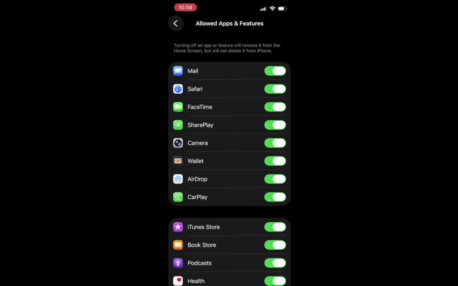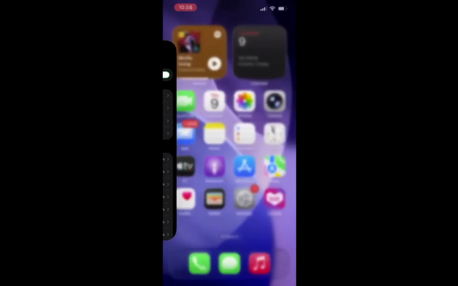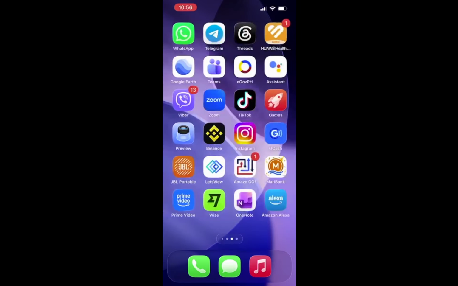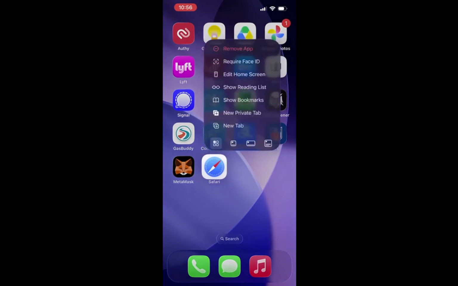It's worth noting that on most iPhones, Safari cannot be deleted because it is part of the iOS system. If you don't see it, it's usually just hidden or removed from the home screen rather than uninstalled. This means that with the right steps, you can easily restore it to its rightful place. Once you have completed all these steps, you should see Safari back on your home screen. You are now ready to start browsing the web again.